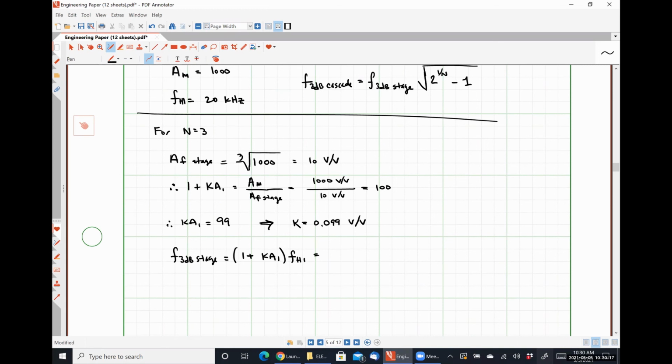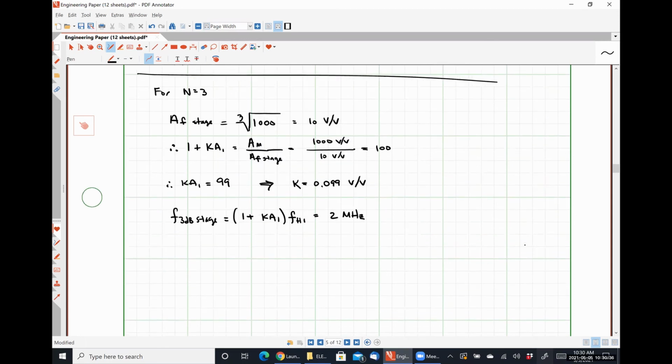So that is going to be 100 times 20 kilohertz, looks like 2 megahertz to me, okay? So now we're going to chain those three stages having a gain of 10 volts per volt, but a bandwidth of 2 megahertz together. And so what that's going to give us is a 3 dB cascade cutoff frequency of 2 megahertz